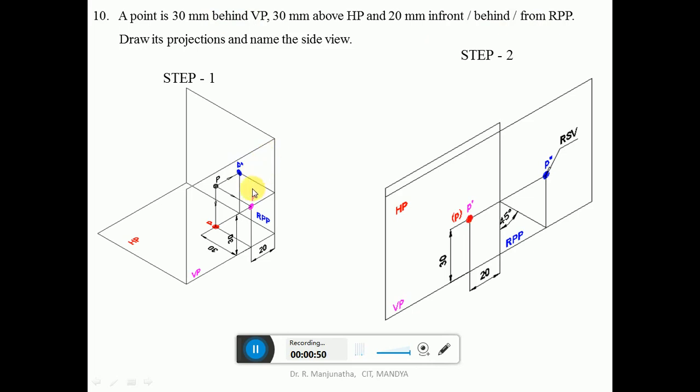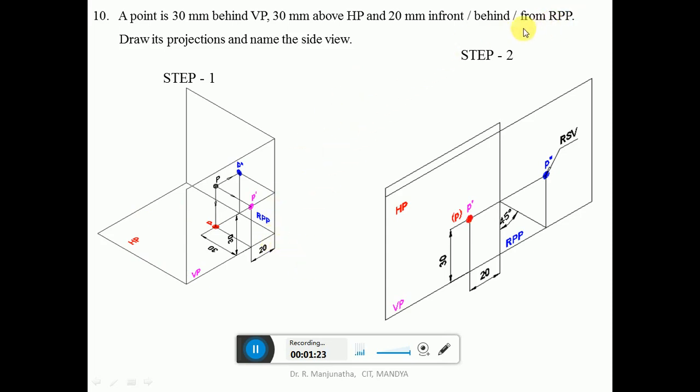Now we will analyze the problem by considering the second quadrant. Here, above HP, the vertical plane from 0 degrees will be on the positive side, that is the y axis will be on the positive side. Behind VP is on HP, so the horizontal plane will be on the negative side, so minus comma plus, so it becomes the second quadrant.